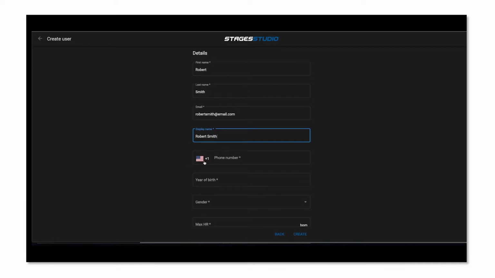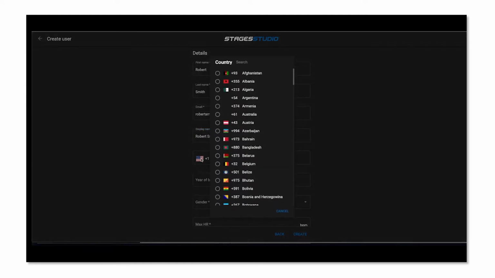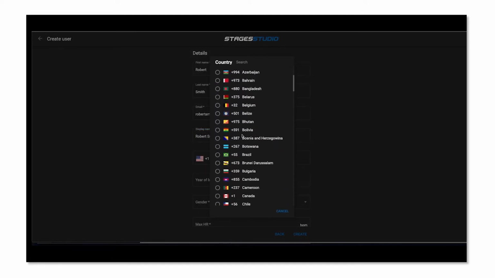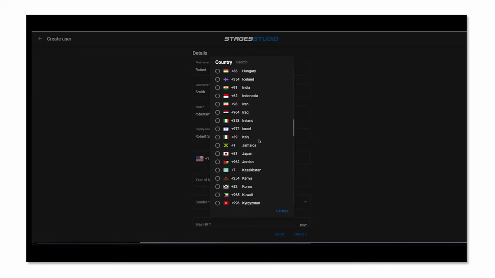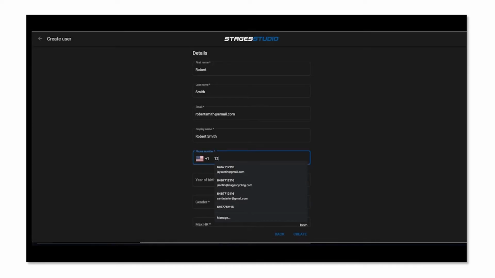Depending on what country you're in, you will need to change the telephone number. To do this, click on the flag and then scroll down through the menu until you find the country that you're looking for. In this example, this will be the United States. Click on the flag, and then, because the international code gets added automatically, we do not have to put a 0 in front of the telephone number.